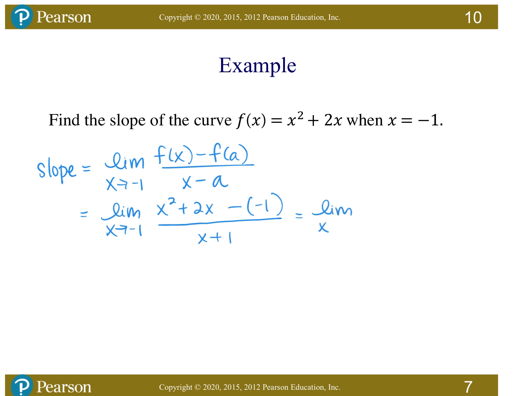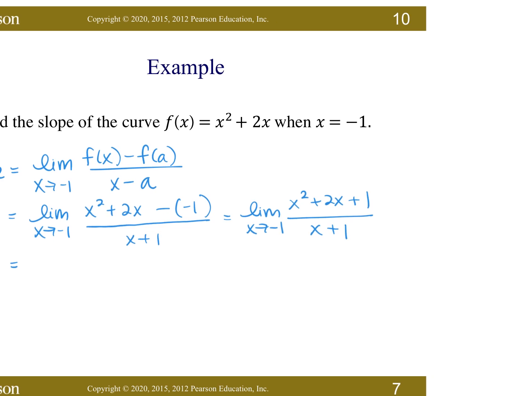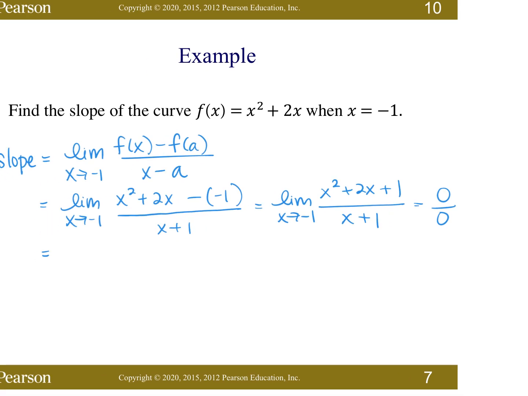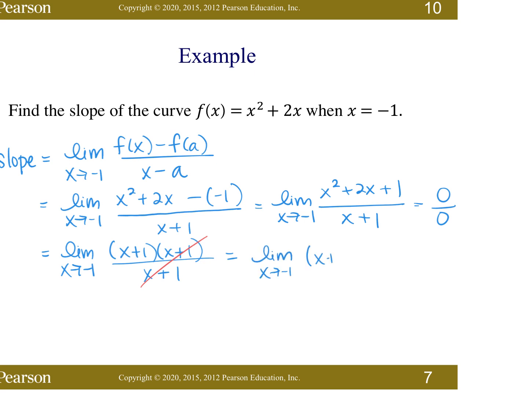So then we look at what the result is, and you're going to have x squared plus 2x plus 1 over x plus 1. And I promise you, everything is factorable and reducible. If it's not, then something's wrong with your factors. So this is 0 over 0, indeterminate, which means I should be able to factor and reduce it. So the numerator factors into x plus 1 times x plus 1. This is why knowing how to factor is going to be really important for you. Reducing and leaving me with a single factor,